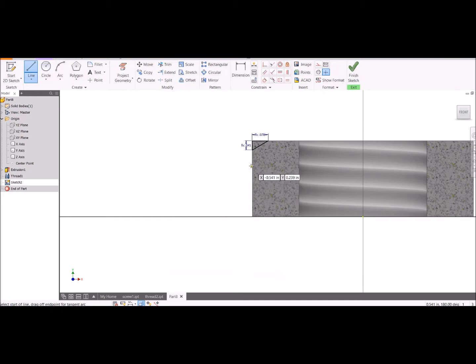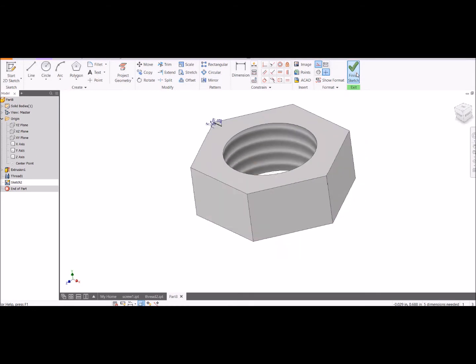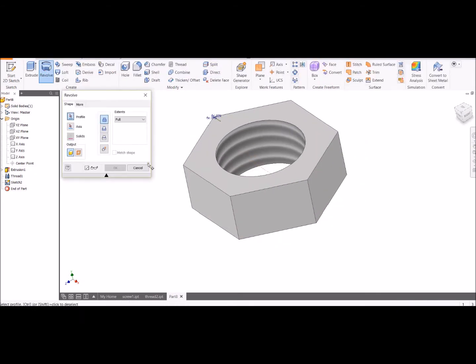So I'll create a construction line, and we'll need to make a line to mirror this around. So what I'm going to do is just use a construction line to find the midpoint here. Midpoint, your cursor kind of turns into a little green dot. So there's the midpoint, and I'll grab that top little corner and just use the mirror command. So there's my sketch, there's the mirror line, apply,